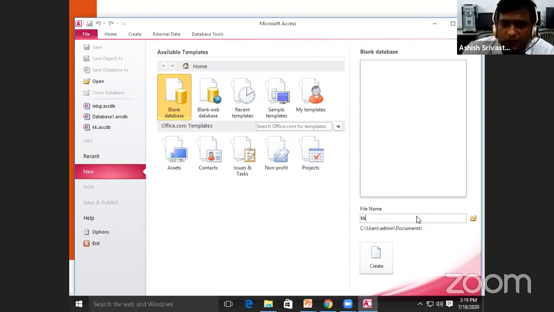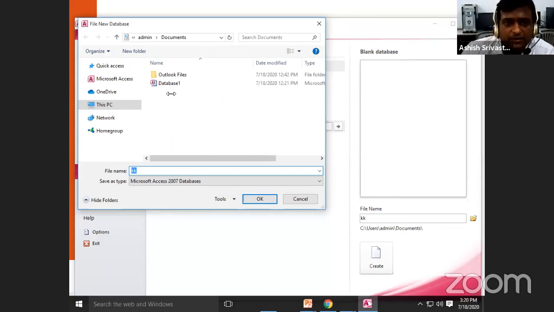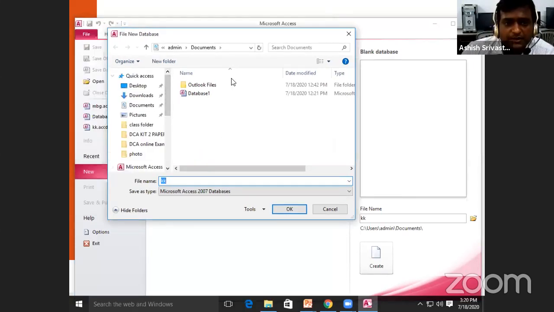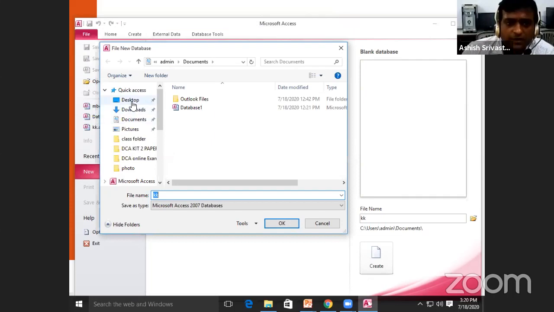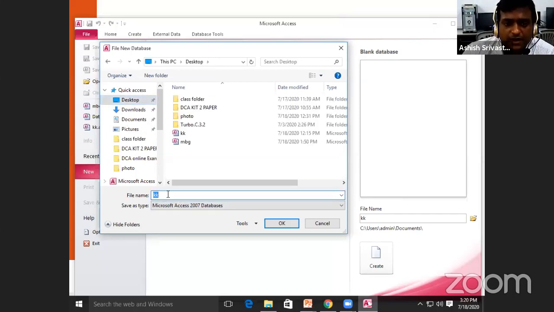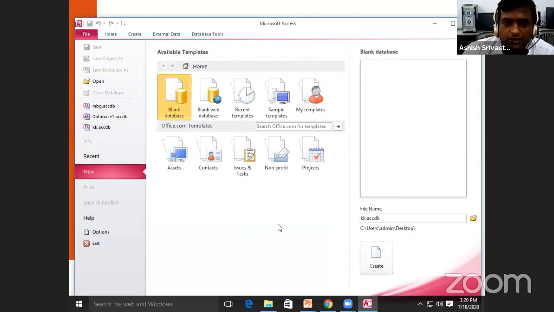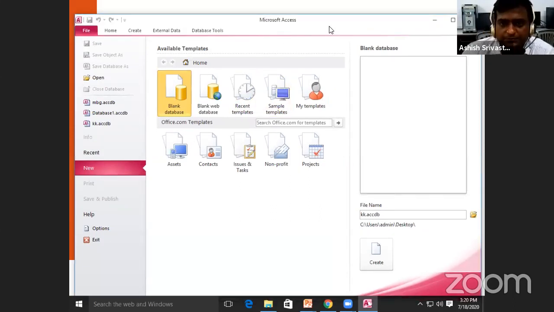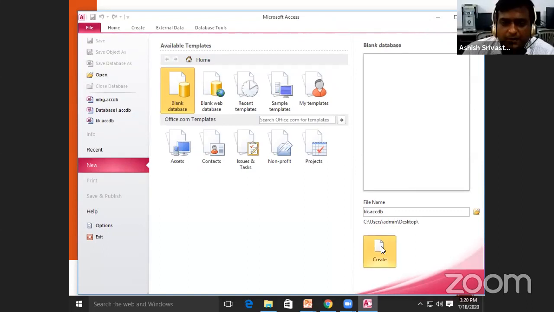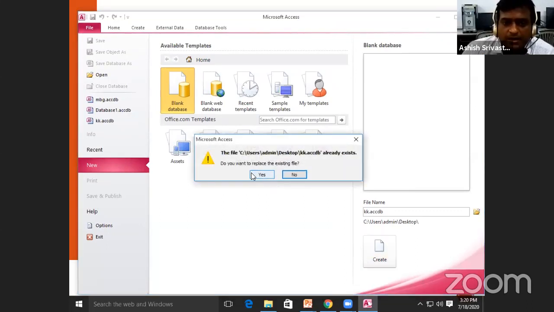और यदि हम डॉक्यूमेंट फोल्डर के अतिरिक्त कहीं दूसरी जगह पर फाइल सेव करना चाह रहे हैं, डेटाबेस सेव करना चाह रहे हैं, तो यहाँ पर इस बटन पर क्लिक करेंगे और जैसे ही इस बटन पर आप क्लिक करेंगे तो इस तरीके से ये डायलॉग बॉक्स ओपन हो जाएगा और फिर यहाँ पर कोई पर्टिकुलर स्पेसिफिक लोकेशन सेलेक्ट कर लेंगे और फिर यहाँ पर फाइल नेम के साथ में ओके पर क्लिक कर देंगे तो उस पर्टिकुलर लोकेशन पर ये डेटाबेस स्टोर हो जाएगा। आफ्टर दैट वी हैव टू क्लिक ऑन क्रिएट बटन और